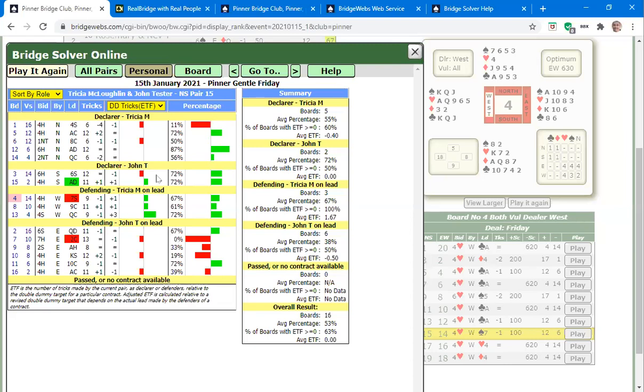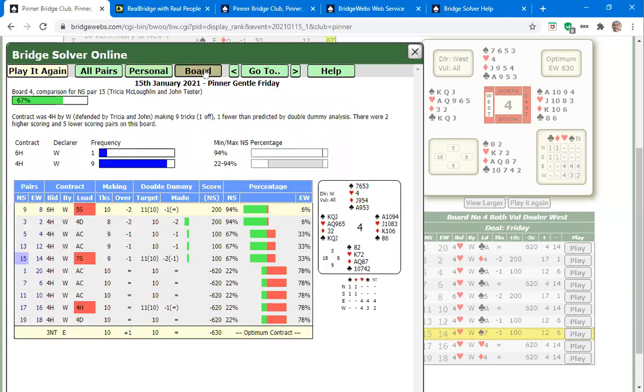And here it also does what is called the analysis of how many tricks you made compared with how many you might have made. So red is obviously made 1 fewer trick, or green is made more tricks. There's more to look at here. This is quite interesting. If you click on board, it will actually show you the summary for this board 4, and it's got a little